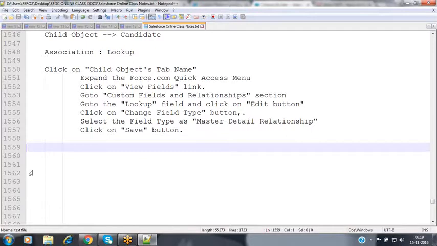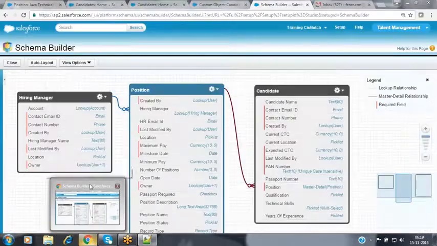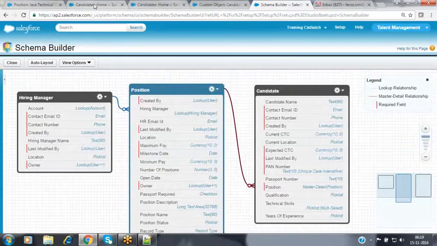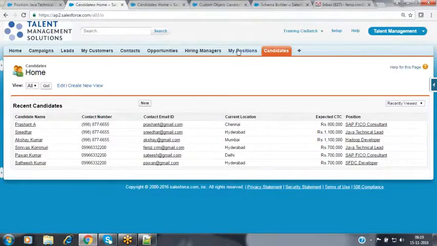Okay. Now let's see this functionality here. I'm going to discuss one more feature when coming to associations. We have positions and we have candidates. Let's observe this one.